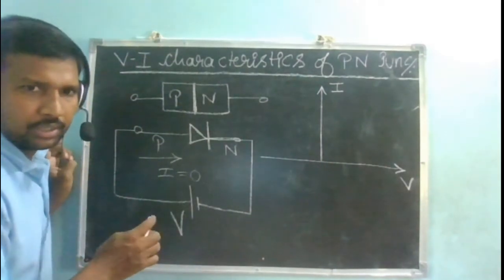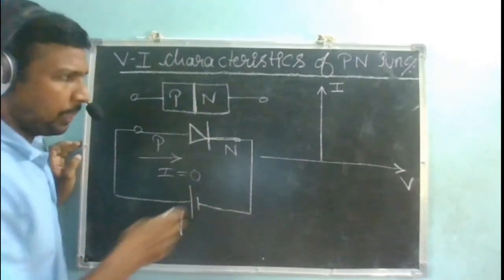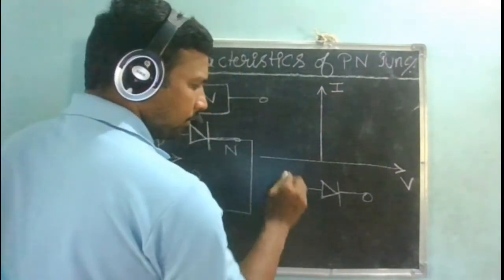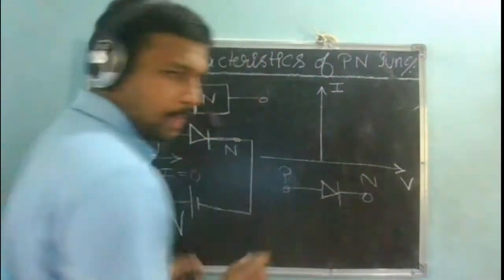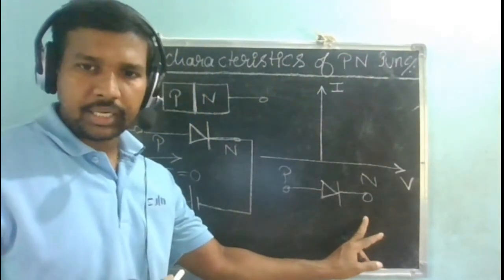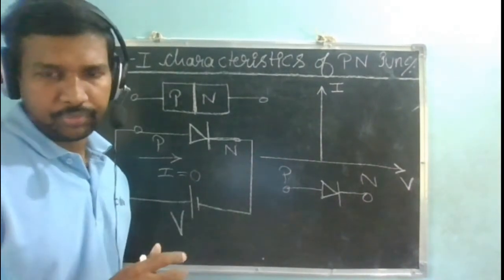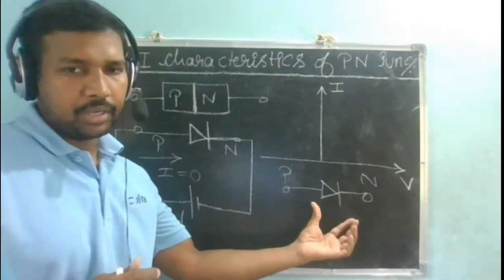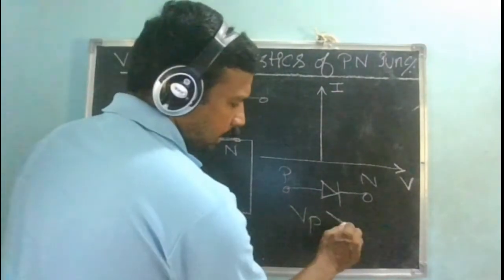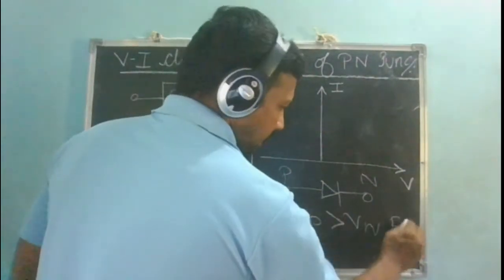That is okay, fine. But the actual definition of forward bias or reverse bias is, understand like this. We are having P and N. If my potential at the P side is more than the potential at the N side, then I'll say that my diode is in the forward bias region. When my potential at the P side is greater than my potential at the N side, then forward bias.